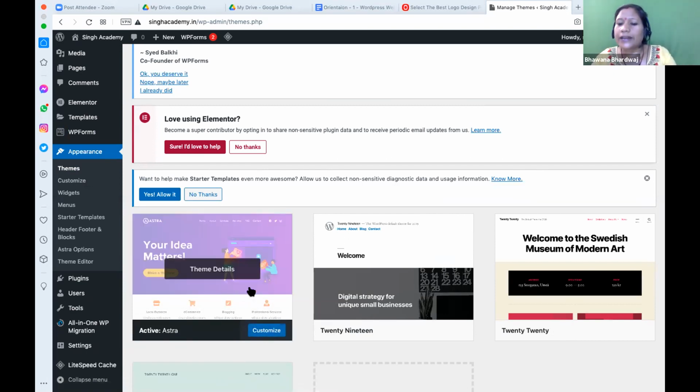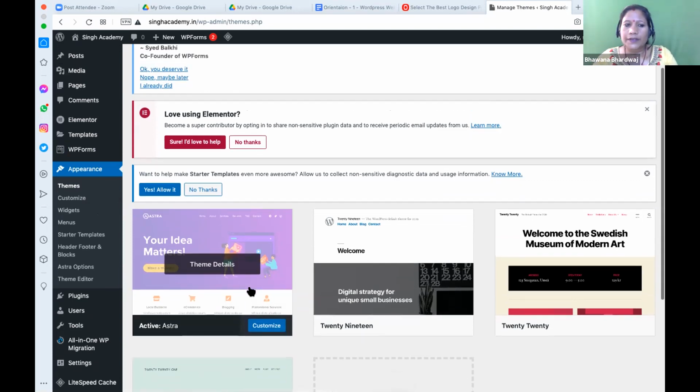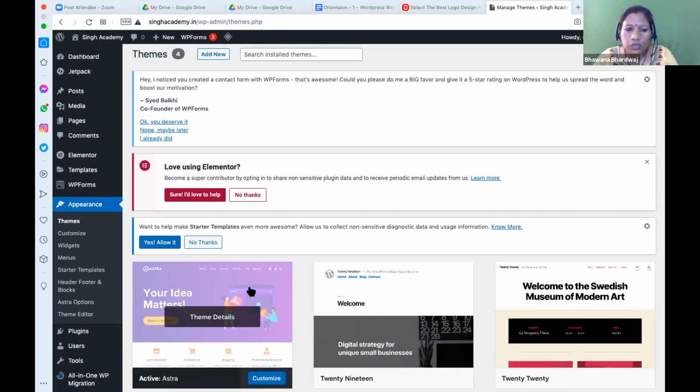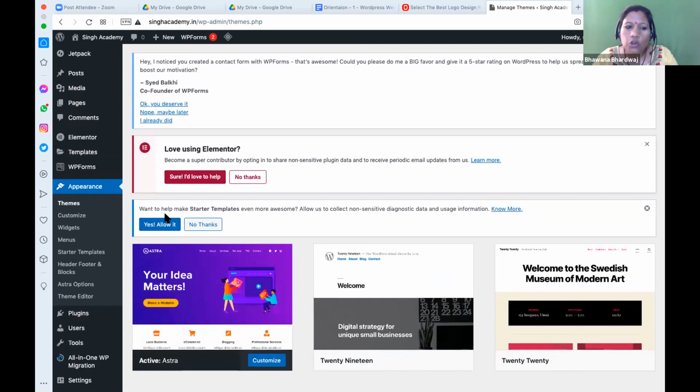That means this is your current theme, right? Yes. So current theme, and you want to make a starter template. Yes, allow. So right now, starter template is already there. Can you see that the starter template is already there? In Rakesh's case, the starter template is already there.